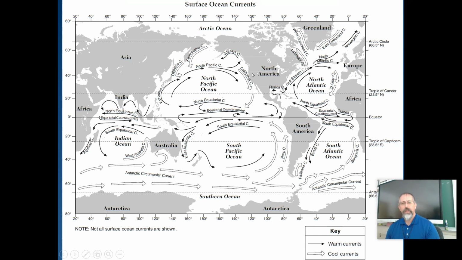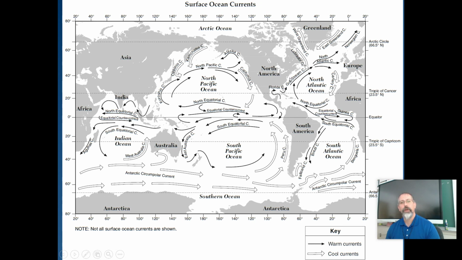So California over here has the California current next to it. I think this is on page like 4 or 5 in your reference tables. But it keeps California cooler than it would be otherwise because any winds coming onshore are going to have to go across the cool ocean water. Now, on the other side of the continent, the Gulf Stream over here, that's a warm ocean current. The symbols are down below.